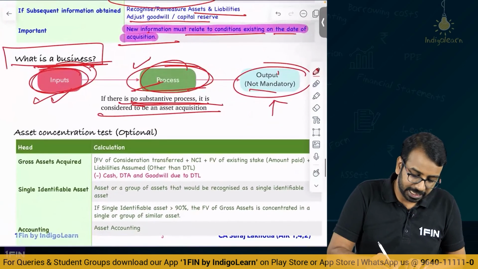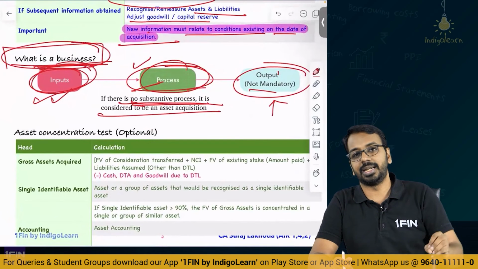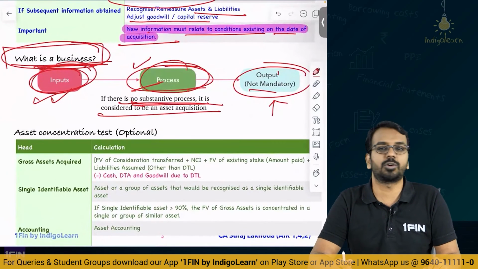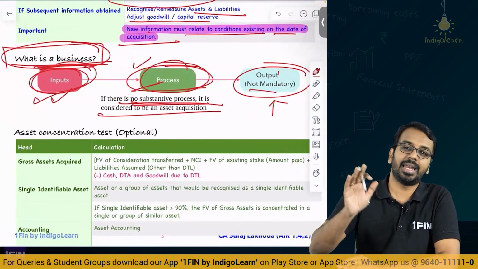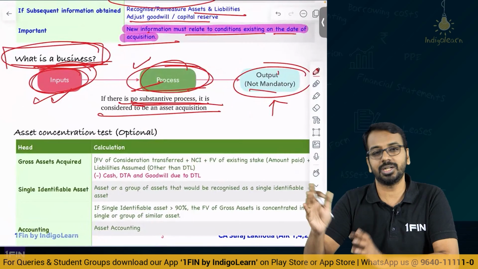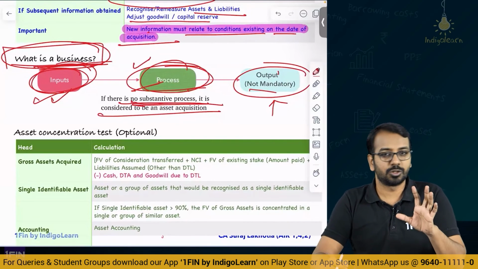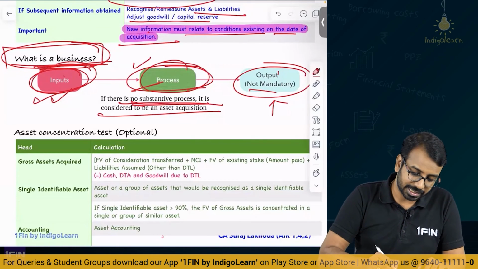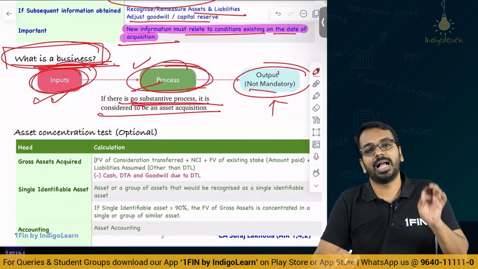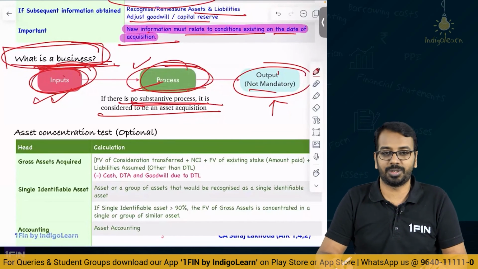Right? Now, if it is not a business acquisition, if I have acquired some assets of another entity, but it is not a business acquisition, then what should I do? Then I should consider it to be an asset acquisition, and I should do the accounting for asset acquisition as per Ind AS 16, Ind AS 38 and Ind AS 40. Okay. So, if I have acquired land and buildings, if I have acquired computers and all of those things, but this business test fails, then what will I do? I will do asset acquisition accounting and not business combination accounting, right.